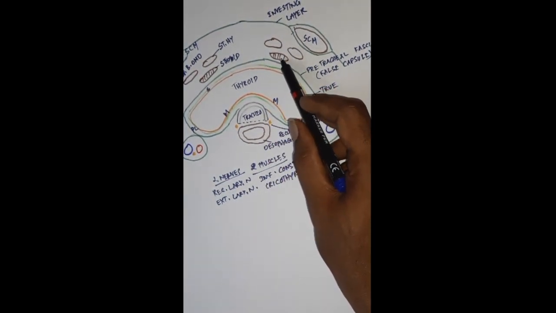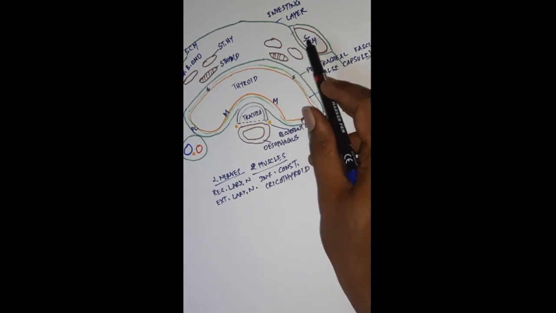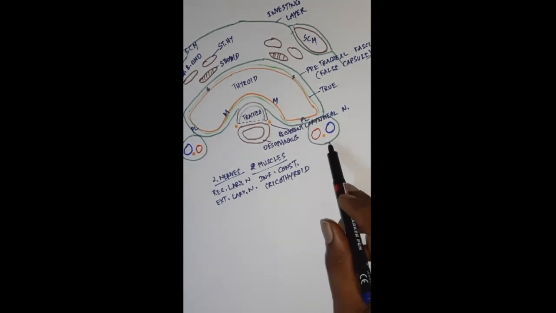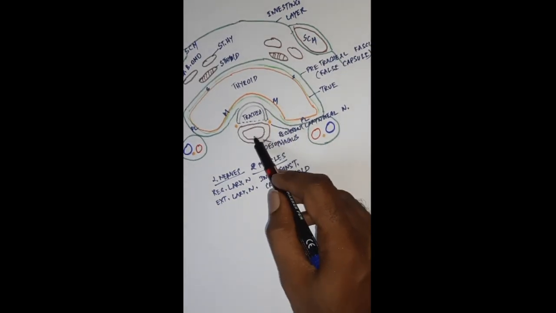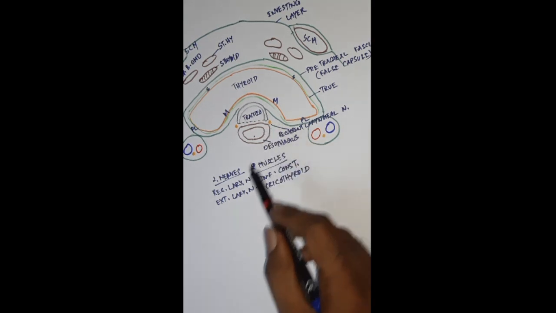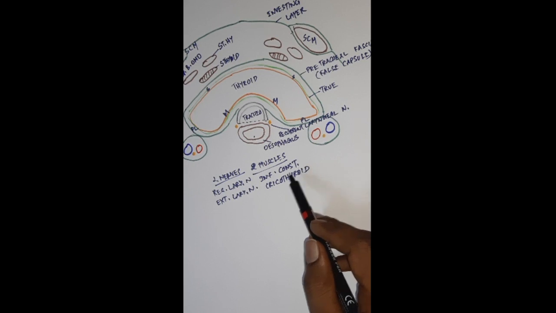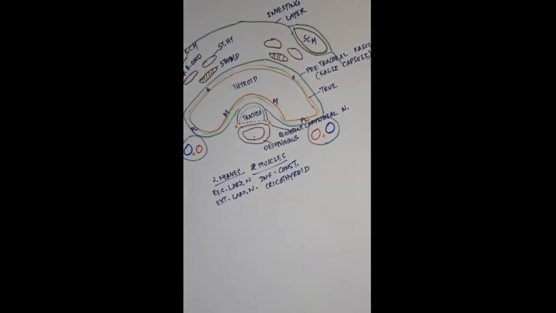The superficial surface is related to the sternothyroid, sternohyoid, superior belly of omohyoid, and sternocleidomastoid. The posterolateral surface is related to the carotid sheath and its contents. Coming to the medial surface: two tubes, two nerves, one is recurrent laryngeal, the other is external laryngeal, and two muscles. One is related to the pharynx, which is the inferior constrictor. The other one is related to the larynx, that is the cricothyroid muscle. Okay, these are the relations of the thyroid gland. Thank you.